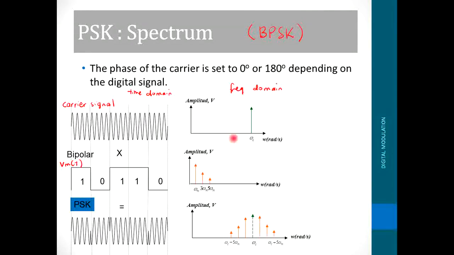Okay. For the frequency domain of the carrier signal, we have omega c here, and for the information signal, for example we have a signal of 10101. So in the frequency domain, we have omega m, 3 omega m, and 5 omega m. Okay, after multiply, it becomes, okay, for here,